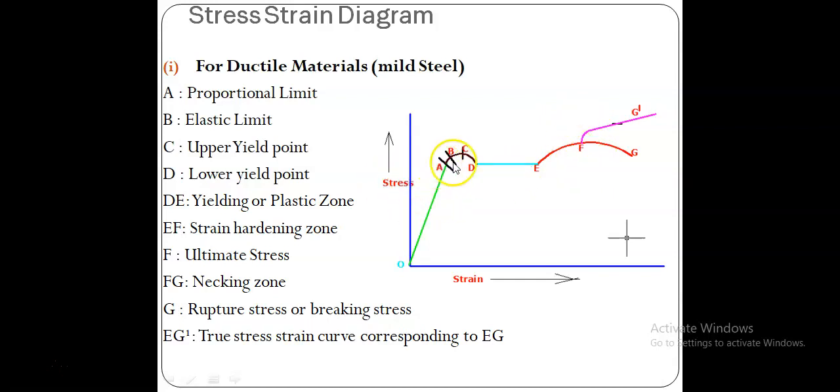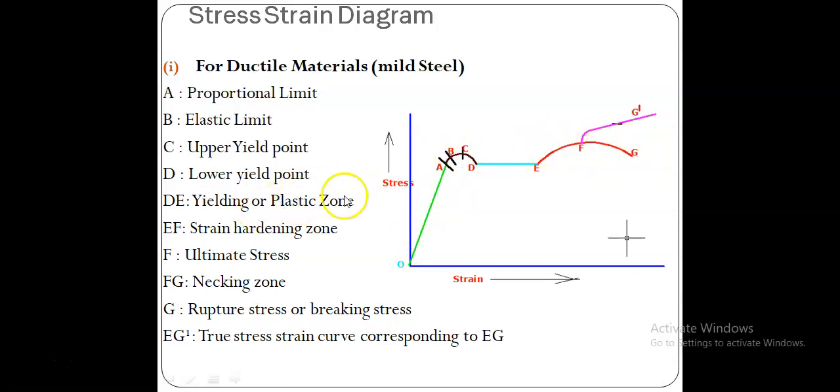Suppose we want to know the yield stress, then we just take the yield load divided by the cross sectional area of the bar, the rod, which is measured initially. So we use that dia. Up to F it can be the same, whereas from F to G the necking zone is formed.